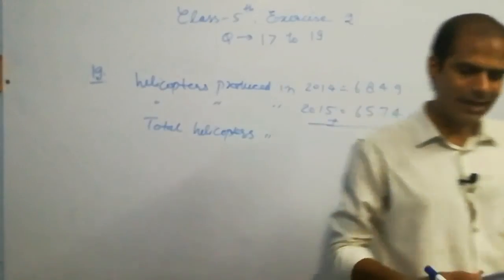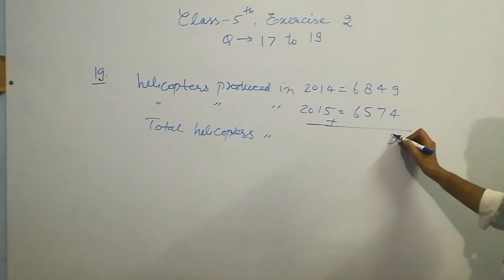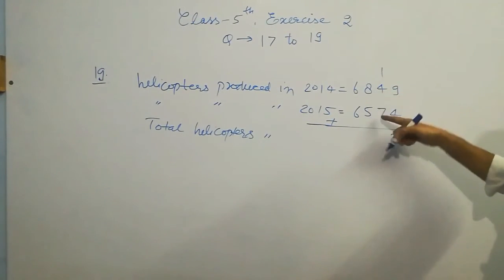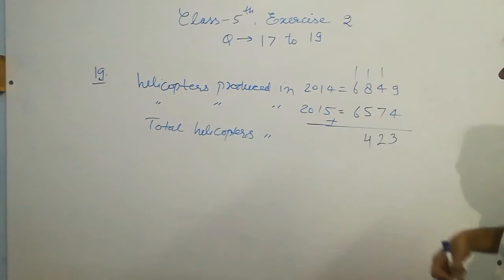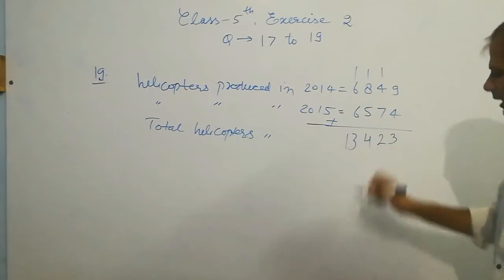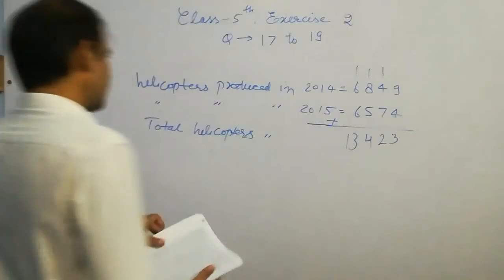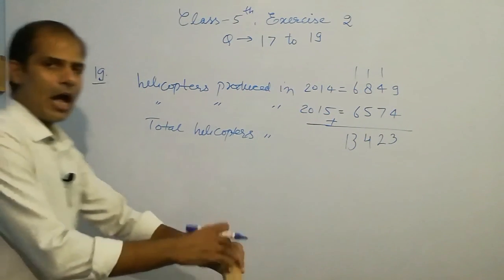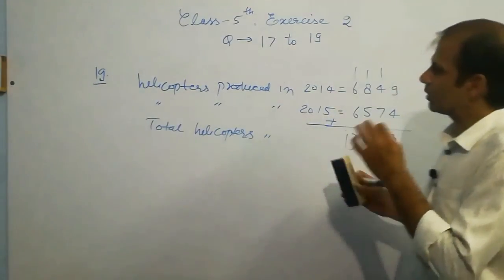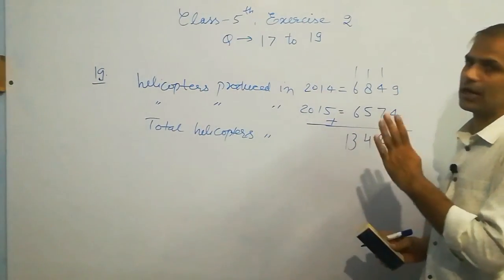As you can see, 9 plus 4 is 13, 1 carry, 5 plus 7 12, 1 carry, 9 plus 5 14, 1 carry and it is 13. So total number of helicopters produced is 13,423. It is the answer of question number 19, that is 13,423. Okay students, I hope these questions are very easy because you have to perform only addition and subtraction,